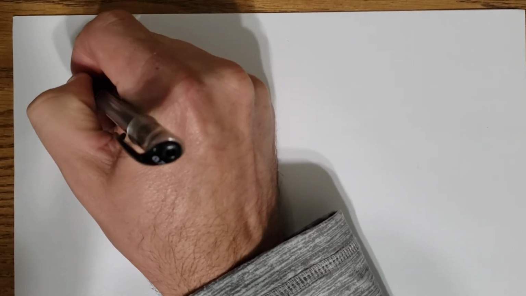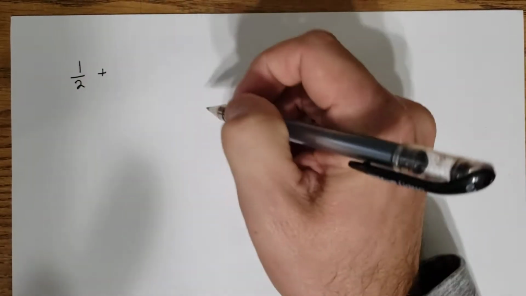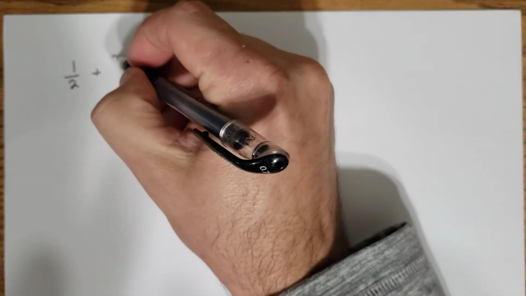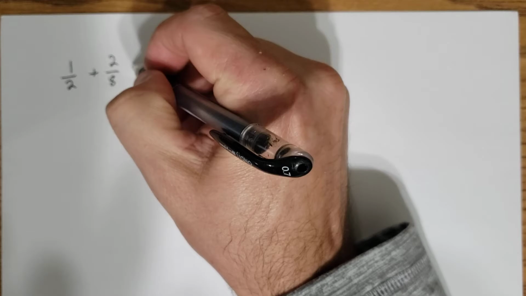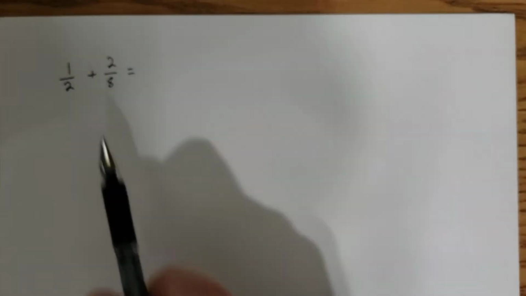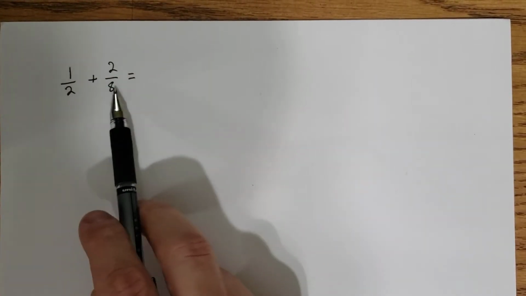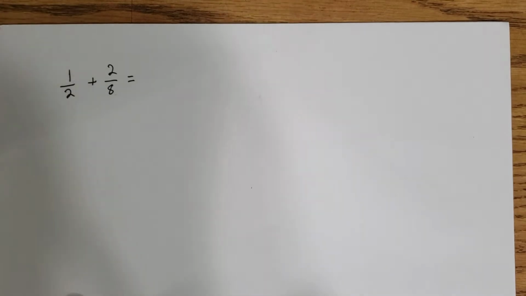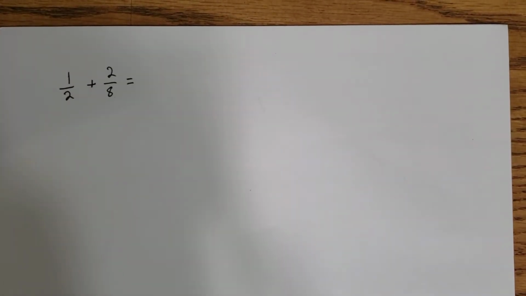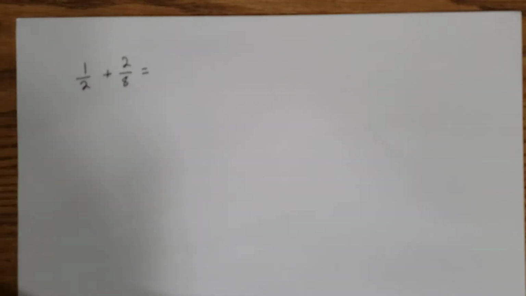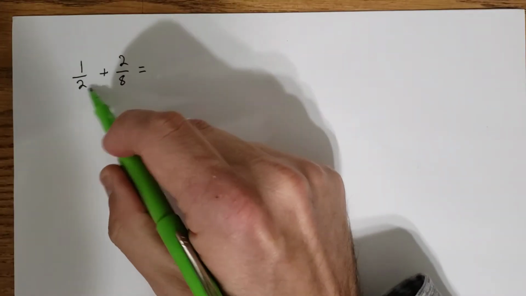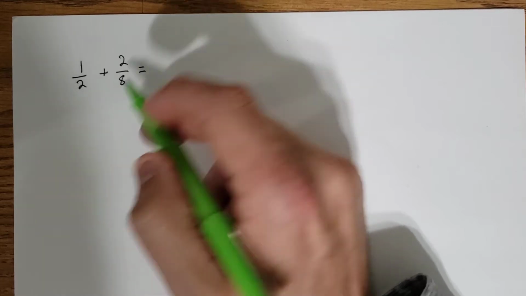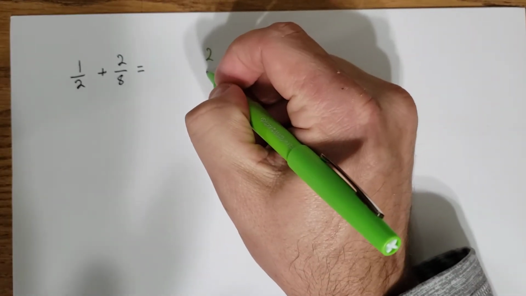So if we're going to start with 1/2 plus 2/8. If you remember, right now we can't add them because our denominator, the number on the bottom, is not the same. So what we have to do is make them the same. We're going to find what they have in common by finding the LCM of those two numbers, of 2 and